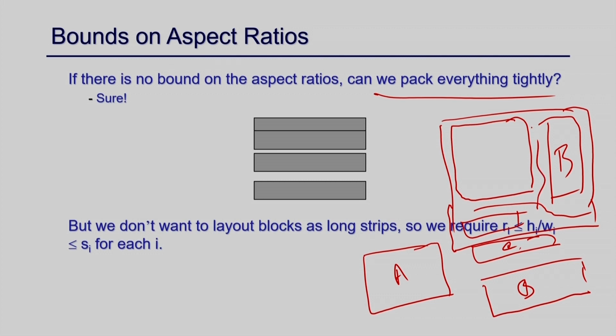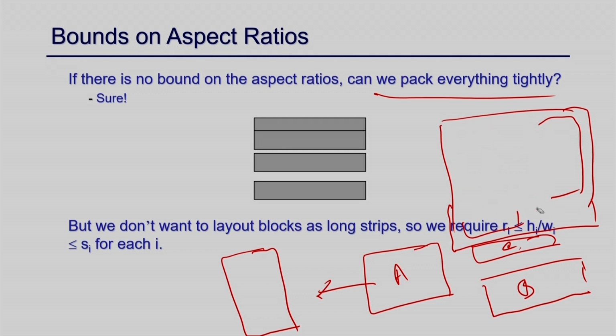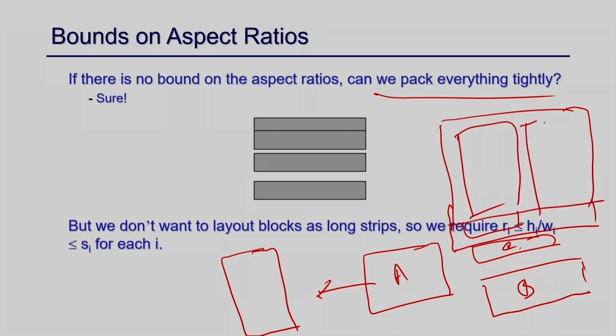Whereas, if instead of taking this you take another version of A, with a little bit different shape, then probably you can fit the whole thing into the old area. So, this will be your A, this will be your B and this will be your C, right. So, you might have a different aspect ratio for which you can place them in a smaller area, but with a different aspect ratio you might need more area, right. This is a perfect example to highlight the problem.